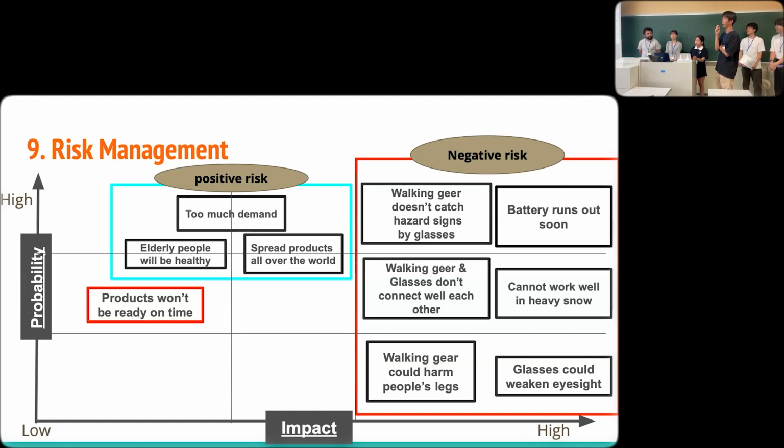By making the machines applicable to elderly people, they can walk outside more often than before. And the remaining negative risk is that the product won't be ready on time,